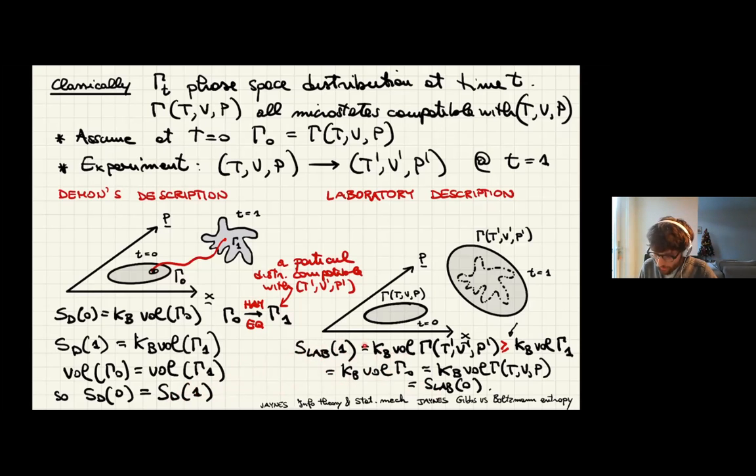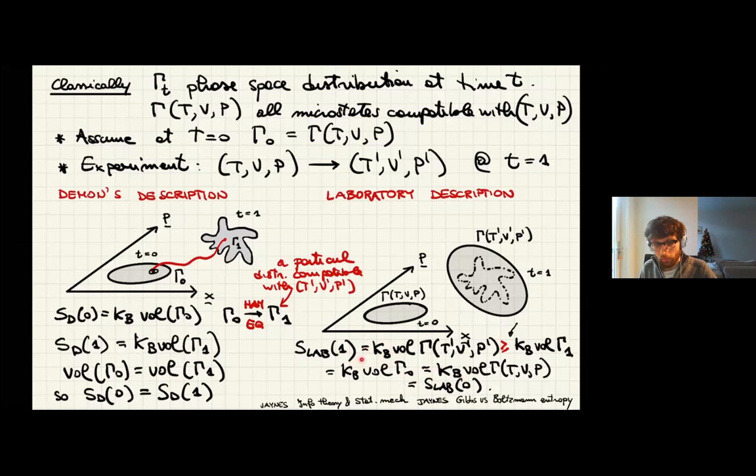This is where all of Maxwell's demon paradoxes are emerging, no? Because you can have situations where according to the laboratory agent, entropy is increasing, but then because for the demon entropy is constant, the demon can reverse it. And so if the demon is reversing the transformation, what would you see in the lab? Well, you would see a decrease in entropy. So the demon can violate the second law